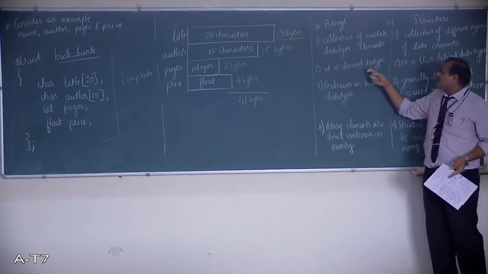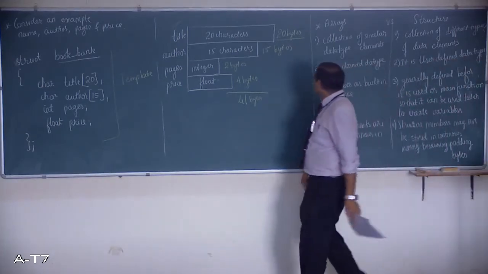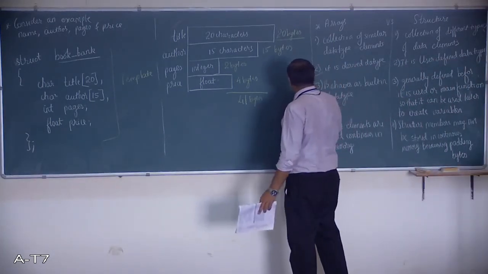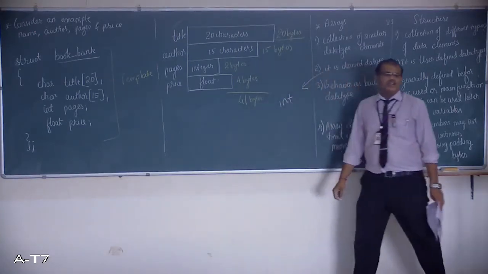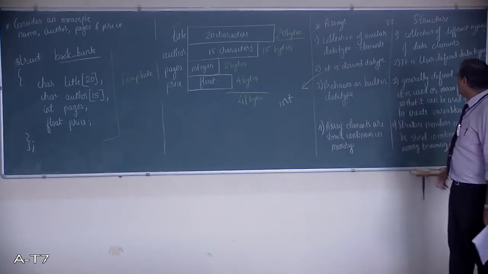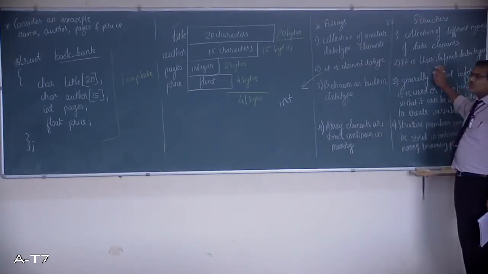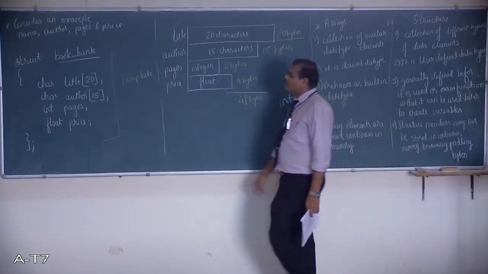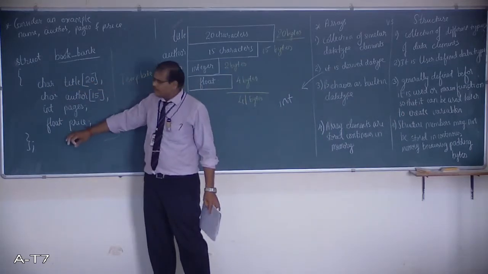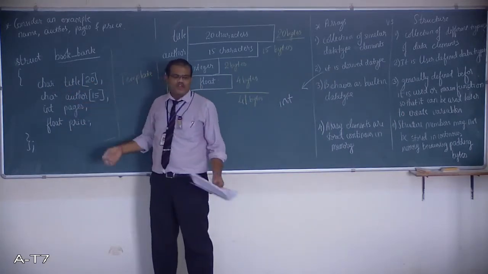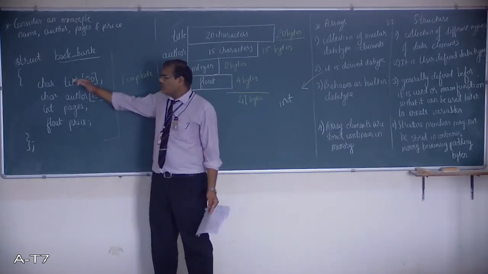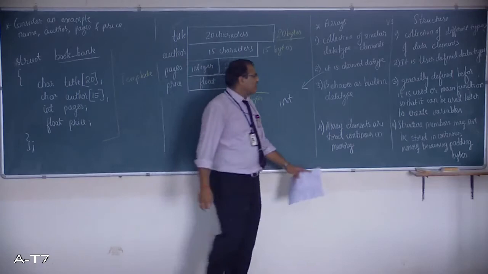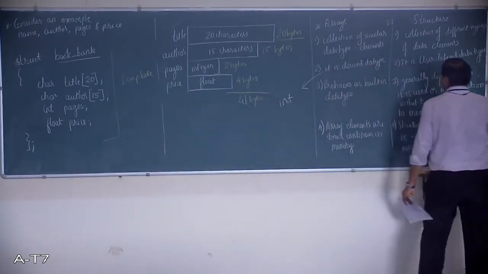Now this is a derived data type, like, and this is like an example of int. Int is already defined data type. But here this is a user defined data type. So here I don't have any strict format that I will have only 4 members or 5 members. I can have n number of members, whatever the requirement of your members is. So here it is basically user defined.